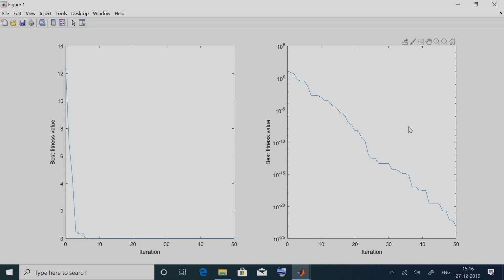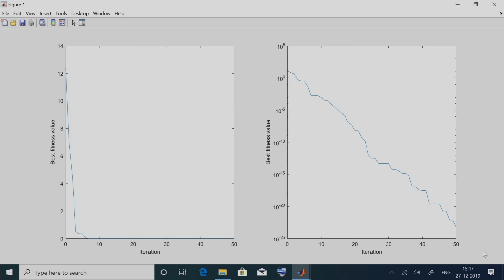The second plot shows the same convergence curve in a semi-log plot. The x axis is iteration, in the usual scale, and the y axis is in a logarithmic scale. From the first plot it might seem that the algorithm has converged, that there is no improvement beyond, let us say, the 8th or 9th iteration. That is because of the scale of the graph, but when we plot in a semi-log plot, we can see the performance in a much better way, because even small changes in the fitness function values are captured. Here we see the algorithm has not converged, it is still converging.